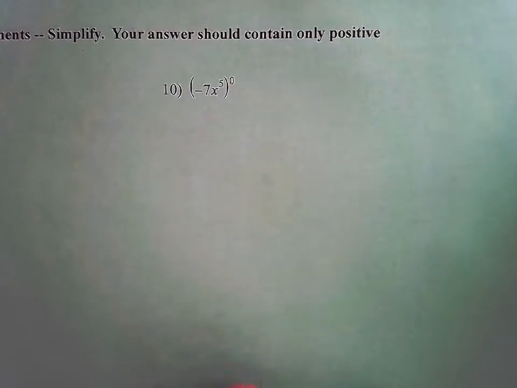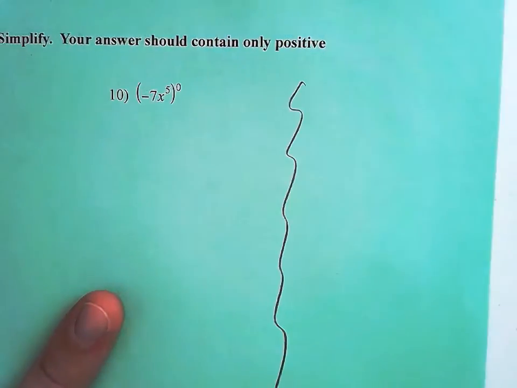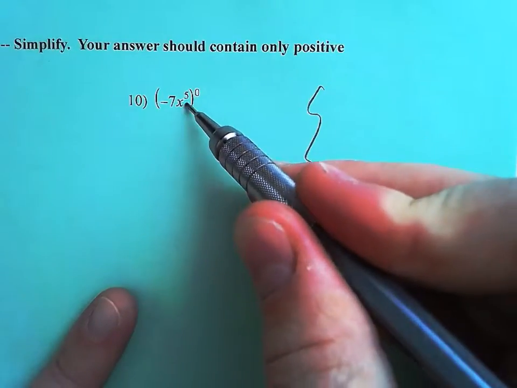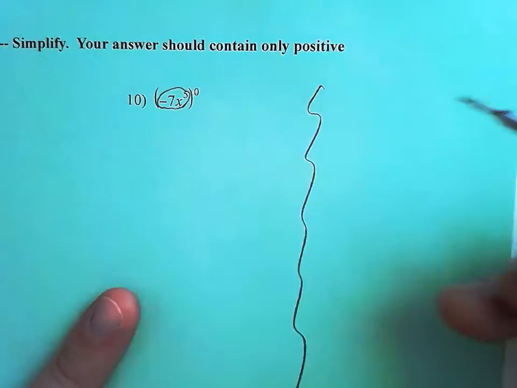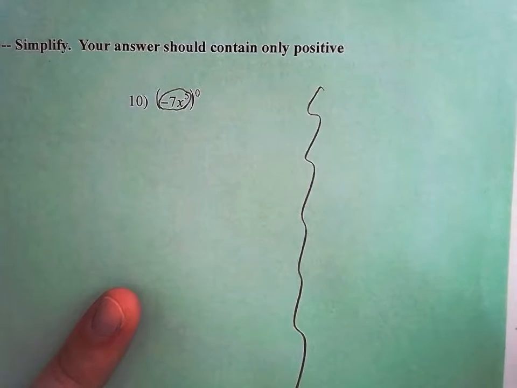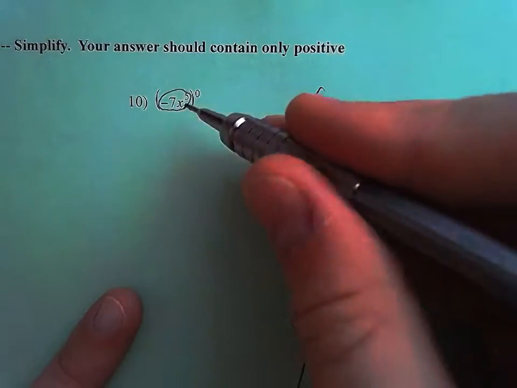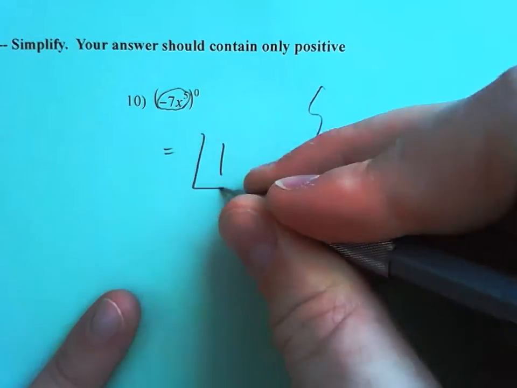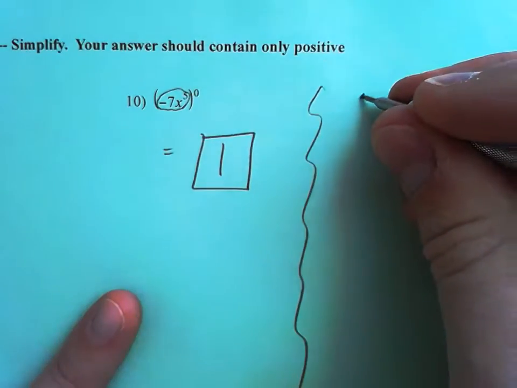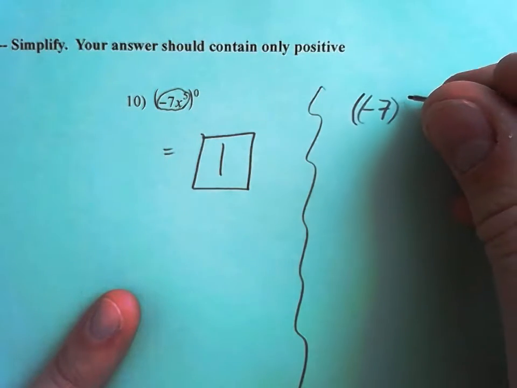Number 10. Okay, 2 ways to do this. First and easiest way is just to say, oh look, it's a thing. It's a thing to the 0 power. Anything to the 0 power is 1. It's a thing to the 0 power, therefore it equals 1. Okay, if you didn't think of that,